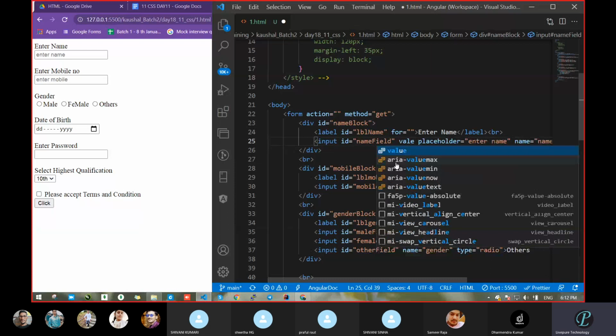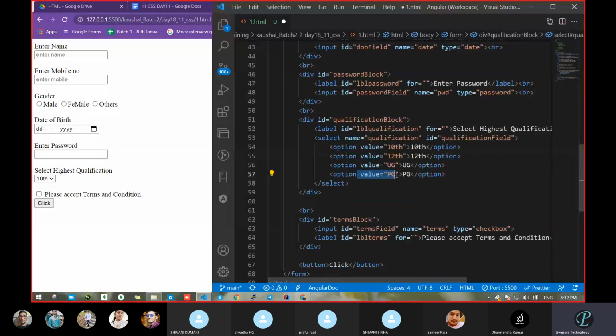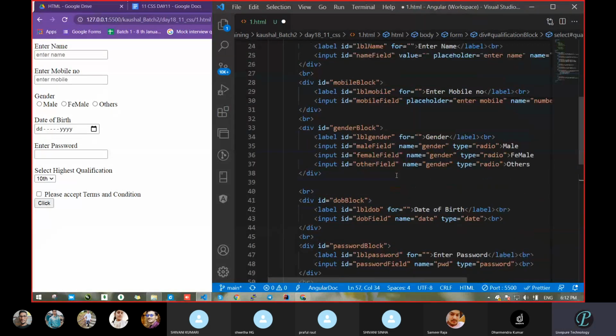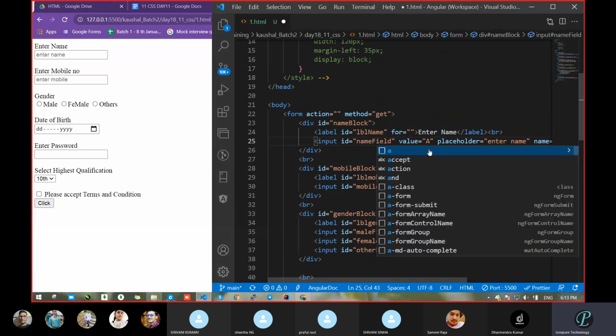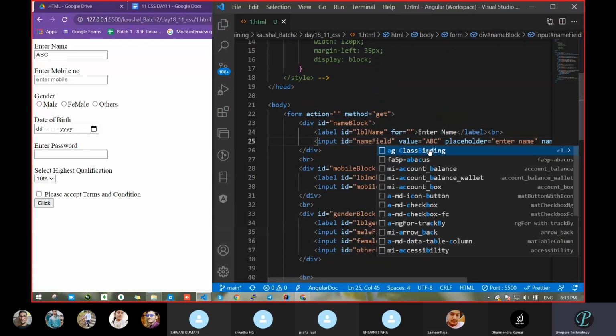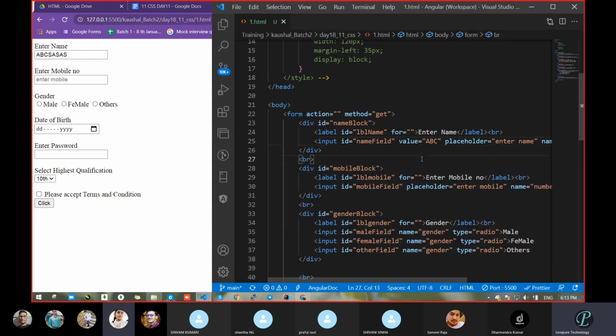As you can see, the drop down has that. See, in the drop down, what we had passed was value text. In the radio button, we had written outside. So we can pass value here, and if you pass some data, suppose some name A, B, and C, this name will come there. If you put the cursor now, see, this data is pre-filled. Now you can start typing. Got this? Got the idea how we can pre-fill the data this way?